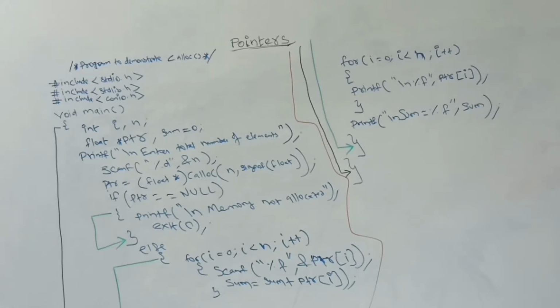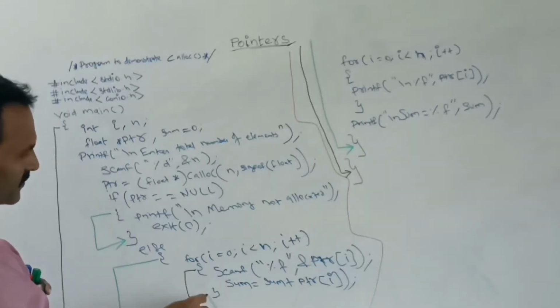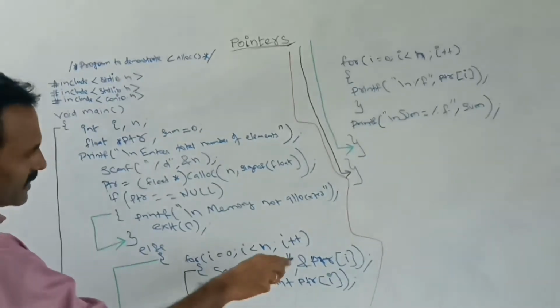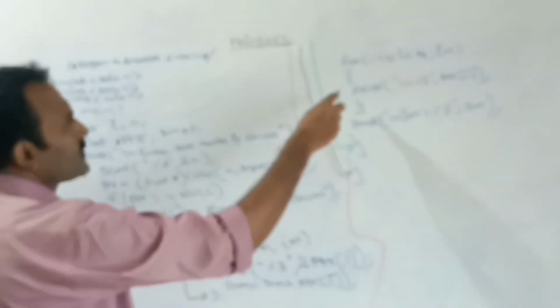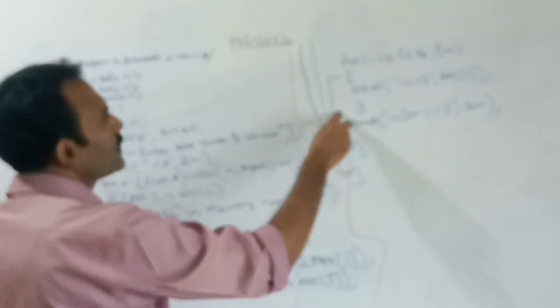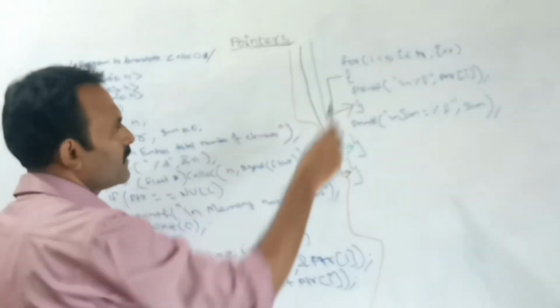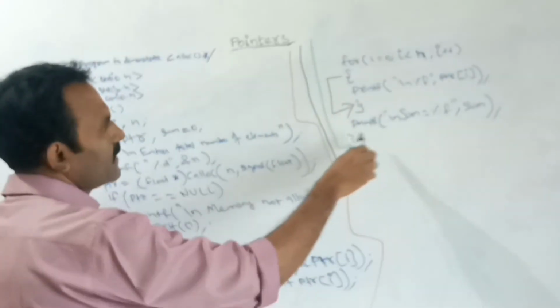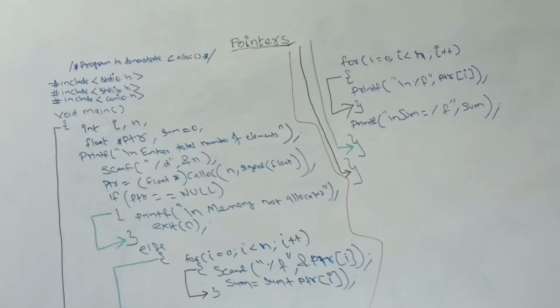Next, inside this else part, there is a for loop. The first for loop is for getting the input for this memory block. The next for loop prints each element inside that memory block. After that, the sum value will be printed. See,